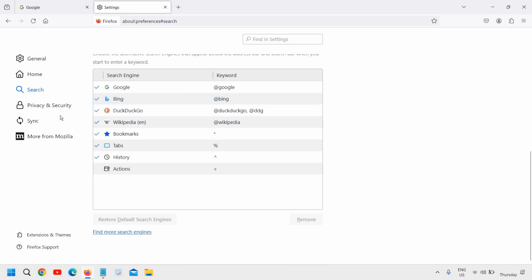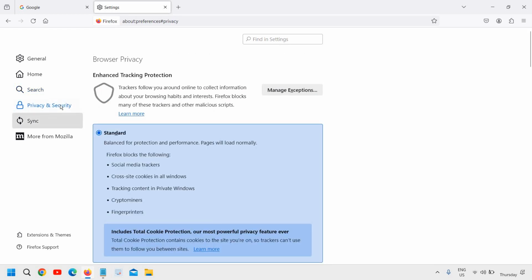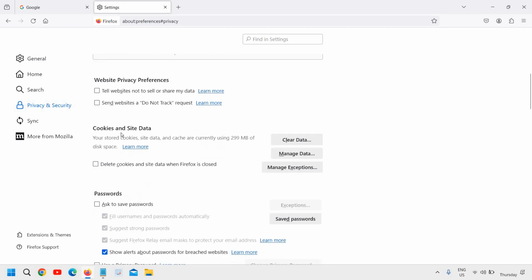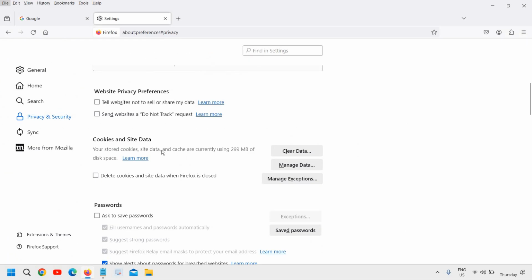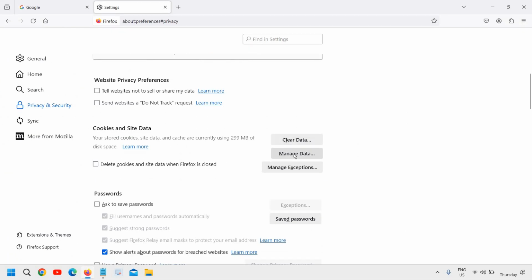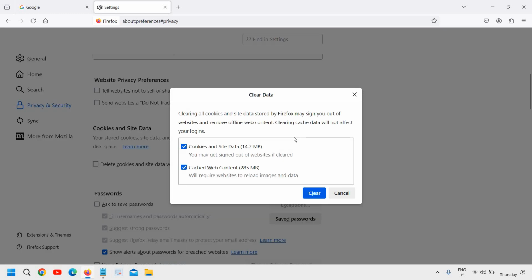Now, just scroll down under privacy and security. Scroll down, and here you will find cookies and site data. So what you can do is you can click on clear data, and the moment you click on clear data,